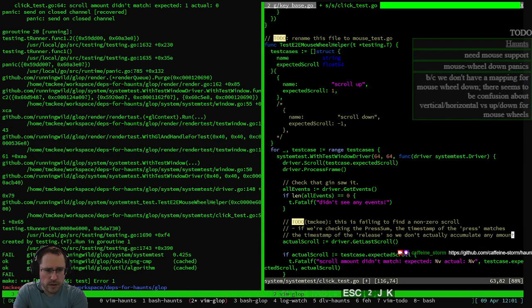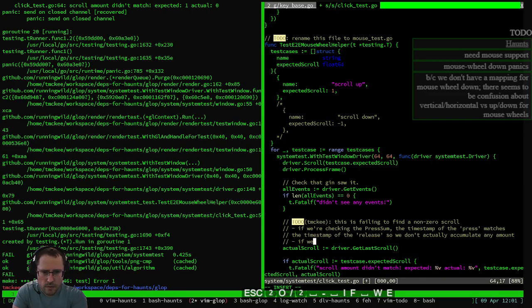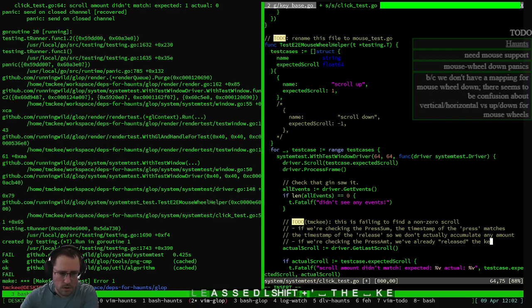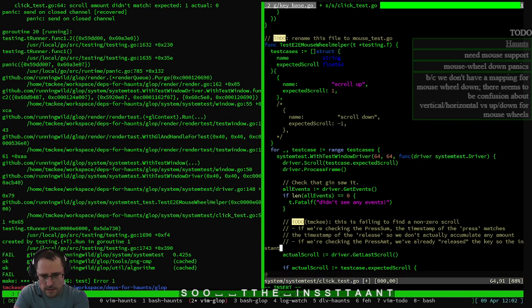But yeah, so if we're checking the press sum, the timestamp of press and the timestamp of release are the same, so we don't actually accumulate anything. If we're checking the press amount, we've already released the key, so the instantaneous press amount is and should be